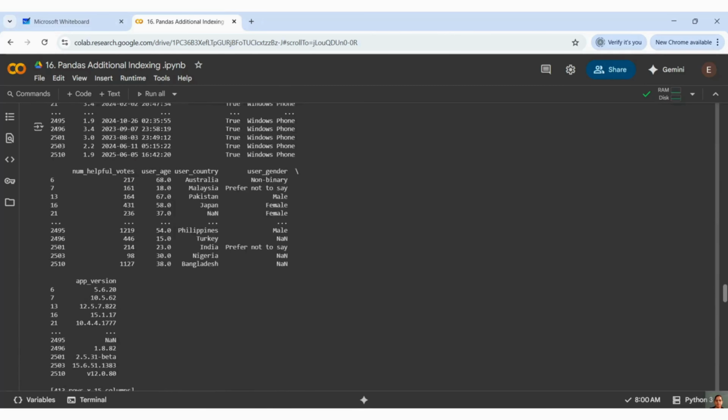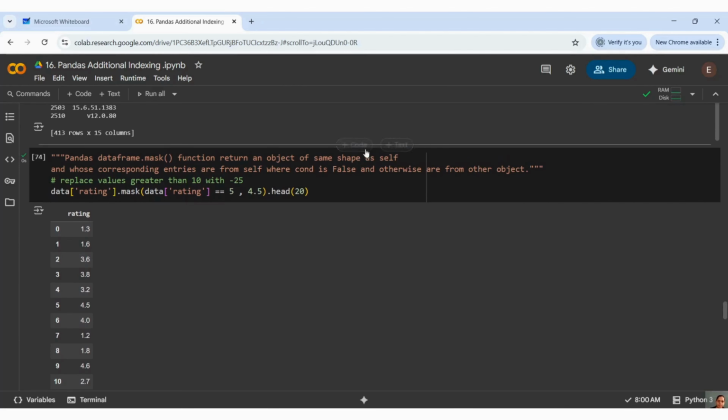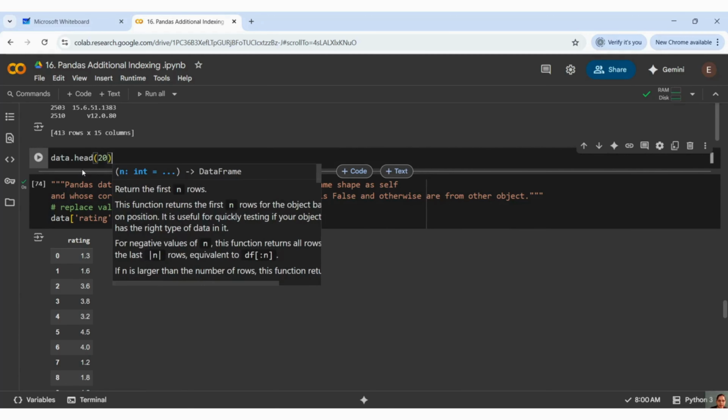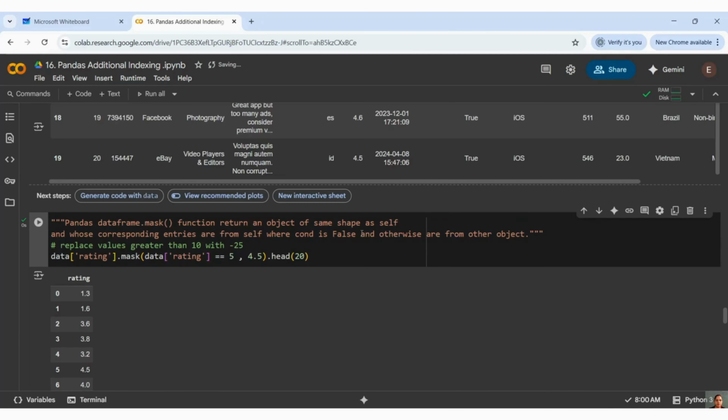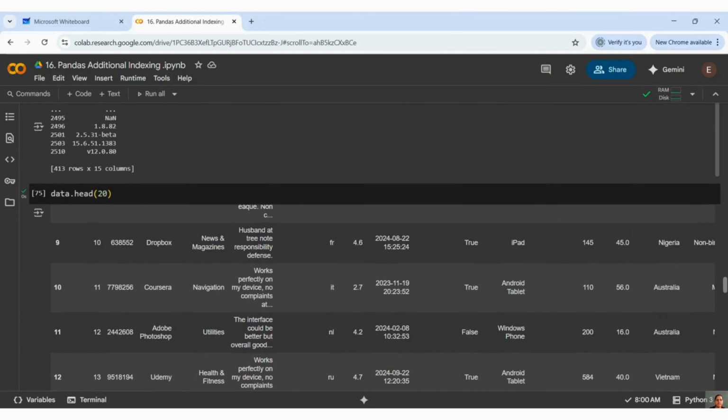let me show you the original data set head. It's here for you. data dot head 20. If you see your original data set, let me get the rating only. So this is how you can get your rating.